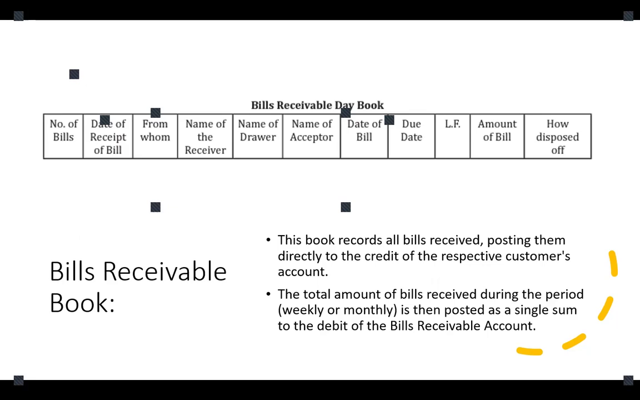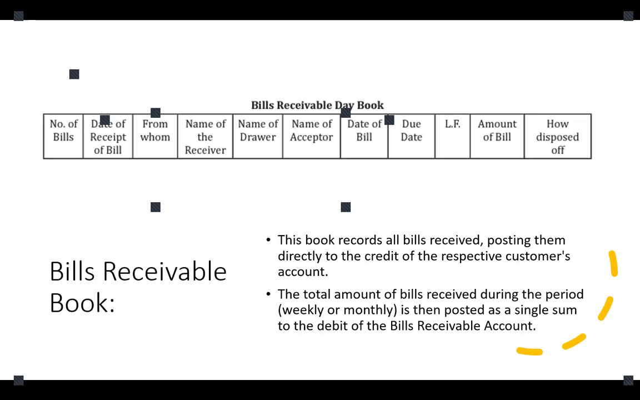Bills receivable day book. This book records all bills received, posting them directly to the credit of the respective customers. The total amount of bills received during the period, weekly or monthly, is then posted as a single sum to the debit of the bills receivable account. The specimen for the bills receivable day book starts with column number 1, number of bills, date of receipt of bill, from whom you have received, name of the drawer, name of the acceptor, date of bill, due date, ledger folio, amount of bill,